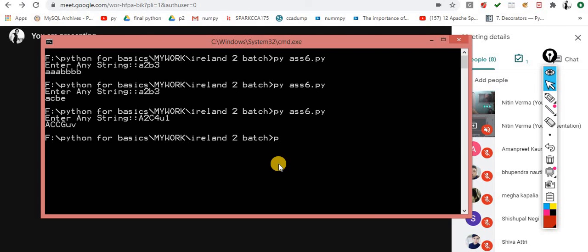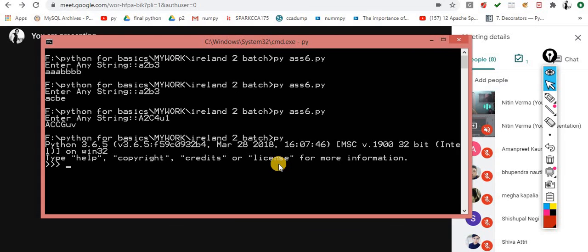So let me show you over here. What is the meaning of ORD? Let's suppose I want to check the Unicode value of this A. So this A is 65. If I want to convert this 65 into a character, then you get A. So this is the way. If you want to find the integer respective to that character, then the function name is called ORD. If you want to convert that integer into the appropriate character, then the function name is called chr.